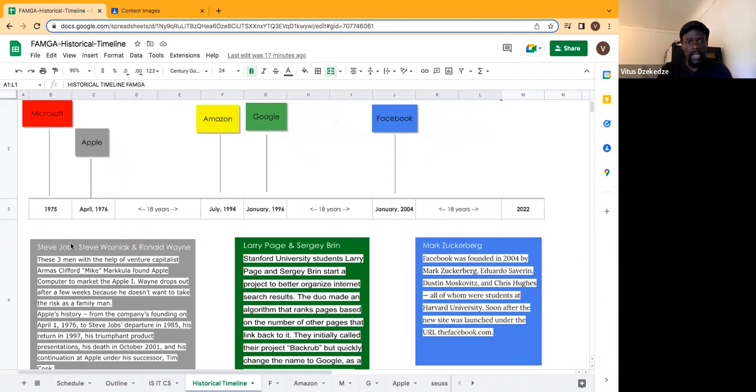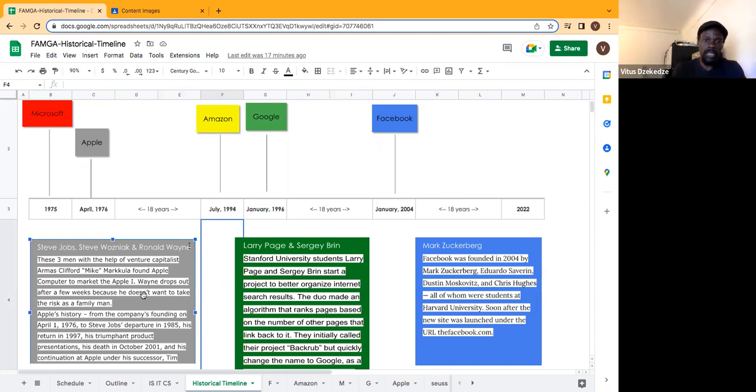Then a year after that, on April 1st, three guys came together: Steve Jobs, Steve Wozniak, and Wayne Ronald. They came together and decided that instead of going to buy computers and getting somebody to assemble it for you, they are going to buy all the parts and assemble it themselves, okay? So they made a deal with this guy, Amos Clifford, that they were going to provide him with 30 computers. They went ahead and built those computers and sold them as Apple One. So, a few weeks later,